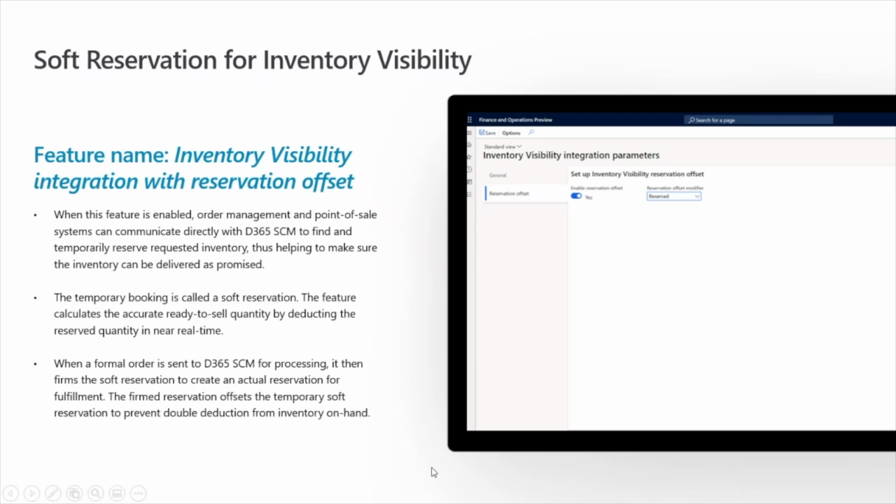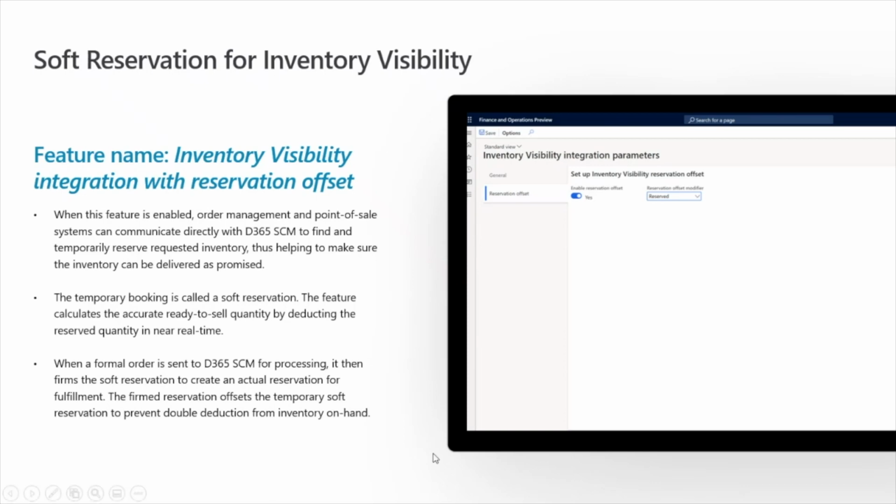So then how this ties out with this reservation offset feature enabled is that when the formal order, like the sales order, is sent in from the front end system to Dynamics for processing, then it converts that soft reservation into a reserved physical status so that it can be fulfilled.